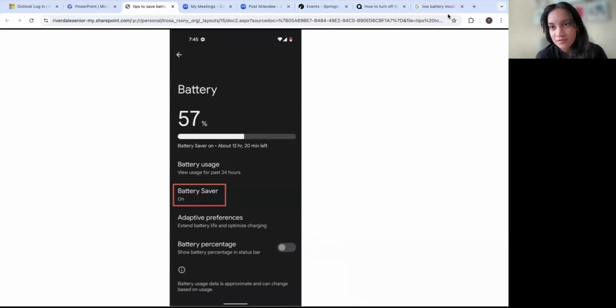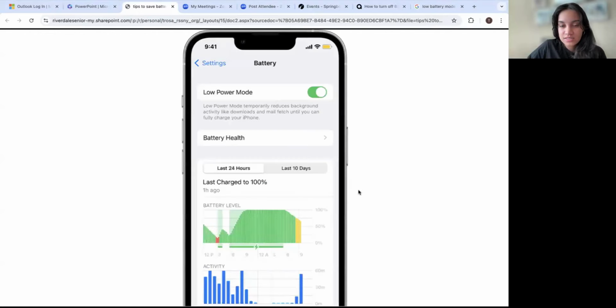I think we have a question. Yes, go ahead. Thank you. On that battery page that we just turned to, there's something called optimized battery charging. Could you explain that? Okay, so for iPhones, correct? Yes. I'll get back to Android if anybody has a question on Android, but for iPhones,